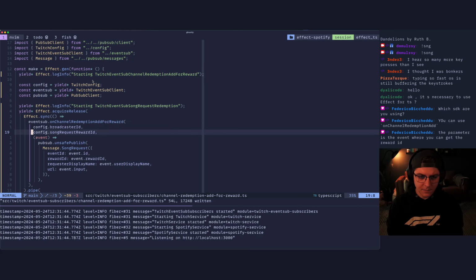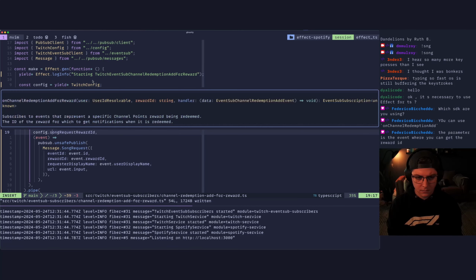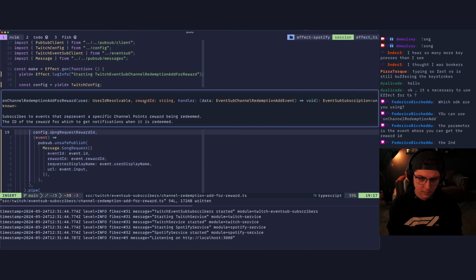So, does that mean I can ignore this third parameter? No, I need the reward, or is that a different event? One channel redemption to add.